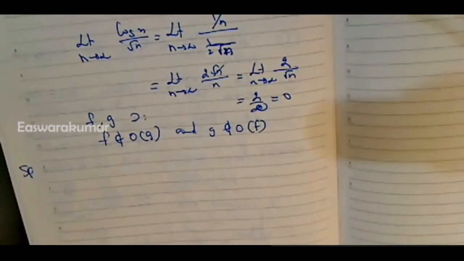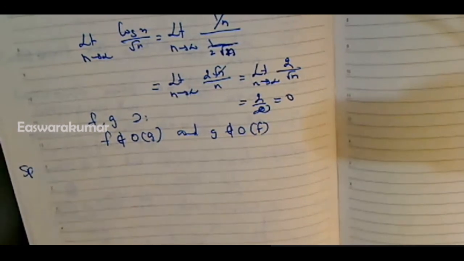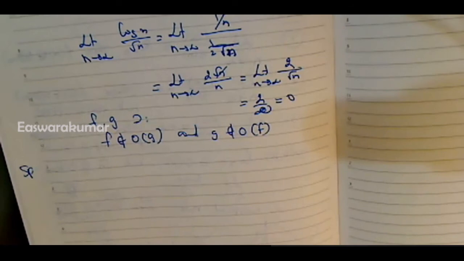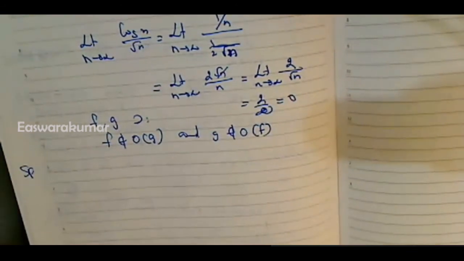Sometimes you can find such functions. So f and g are the two functions, where one function should not be the order of the other, and the other one is also not the order of this. In the previous case, one side belongs, but the other one does not. For that, we used the property and solved it. But sometimes we have to provide two functions,